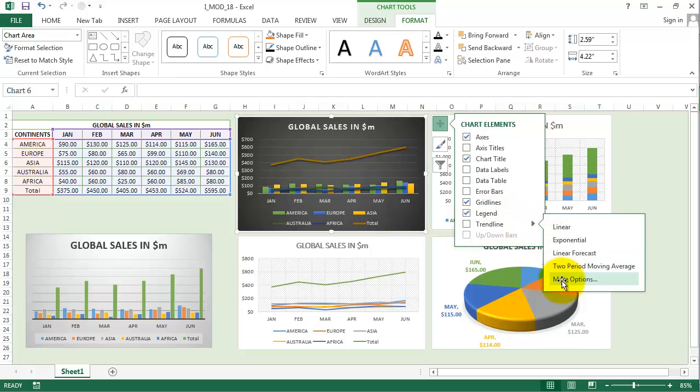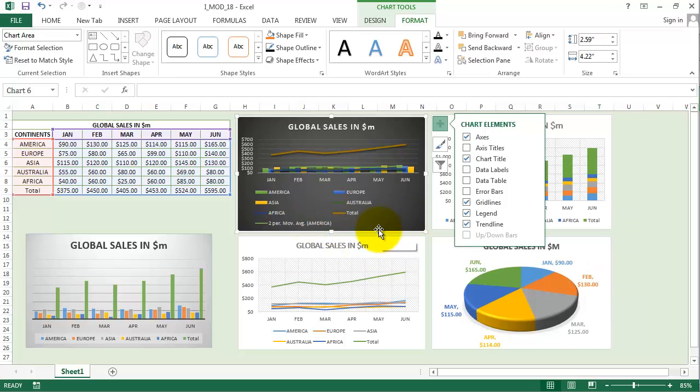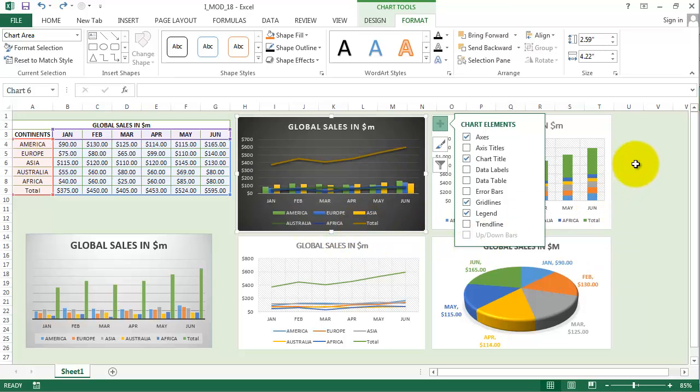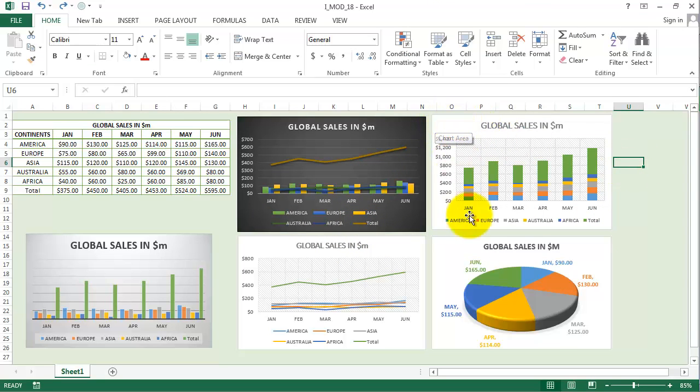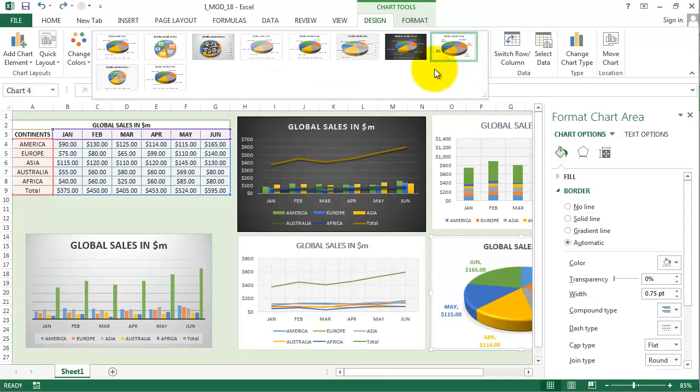So all these things you have there. You can also look into more options, and then you can see the Africa one or Australia one. So all these different continents you can choose in those elements. The next one, same thing, and if you double click on any of these charts, you also see that on